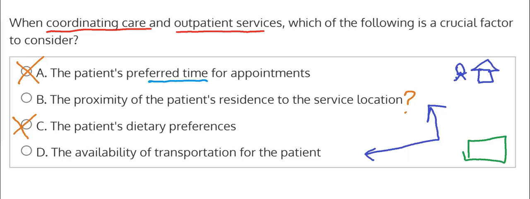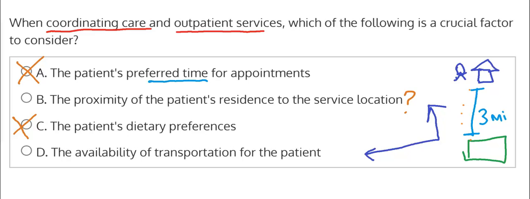And now it could be relative to whoever's scheduling and thinking, oh, they're not too far. This is only, let's say, 3 miles from their house. And that can be all well and good, but if the patient doesn't have a way to actually get from point A to point B, it's kind of a moot point. So what's really more important is their availability to get transportation, because the office could be pretty close to their